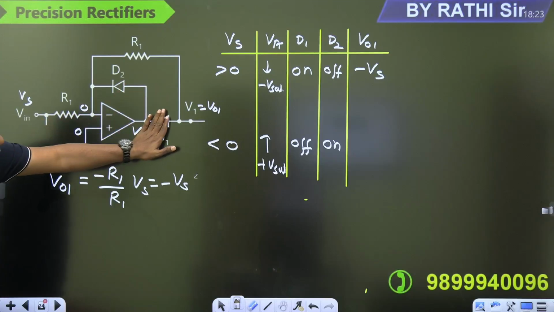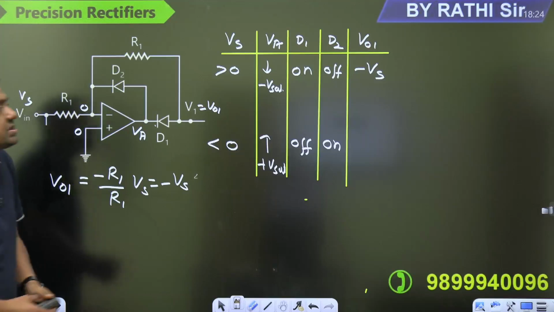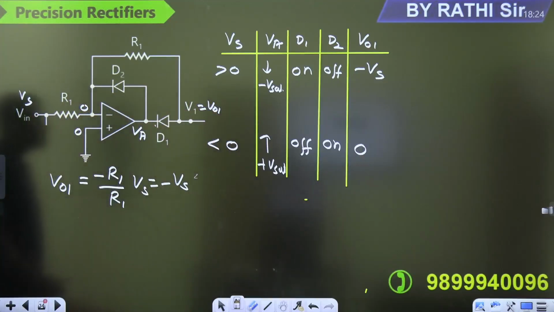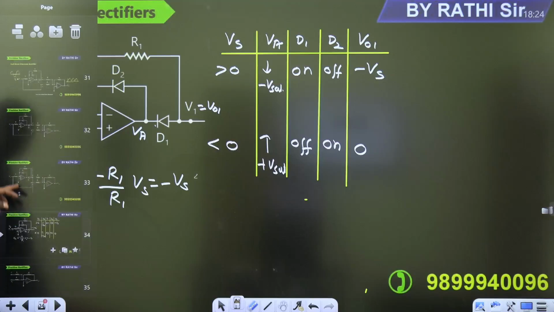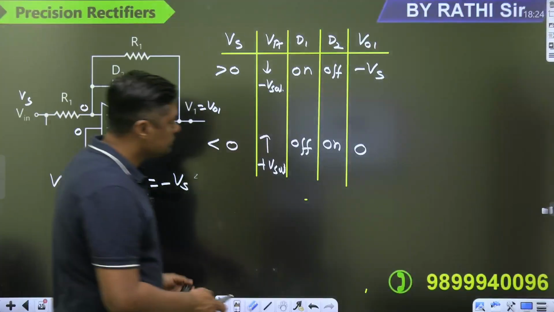If this diode is off, what is the output? 0, because there is no current. So the output is 0. For this particular rectifier, according to the table,